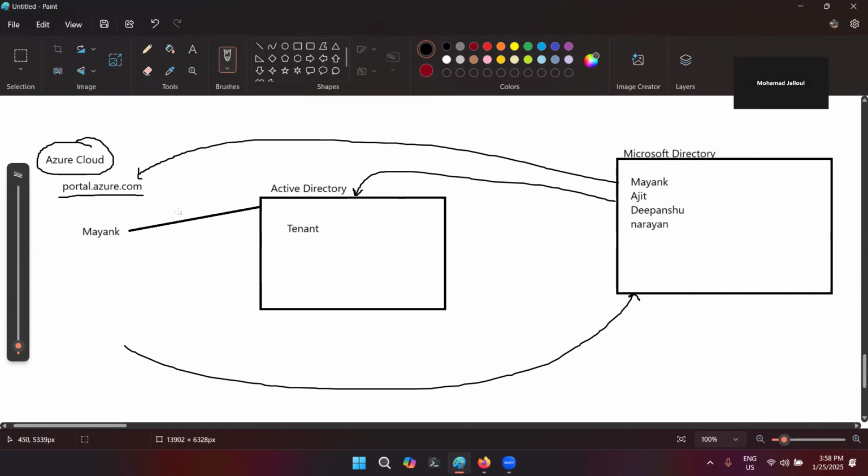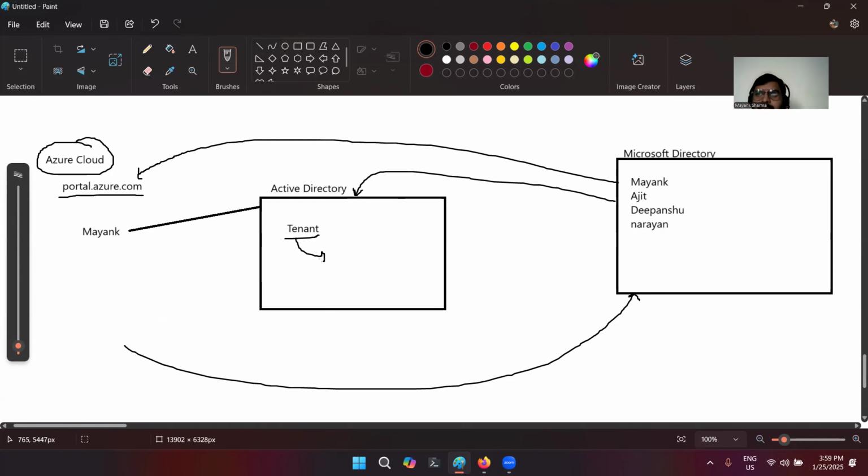So Azure is saying that it is creating a new instance of Active Directory in your account and naming it a tenant. Why? Because a single subscription can cost anything. If you are using larger services, it can cost 10,000, 100,000, or $50,000, or let's say rupees.